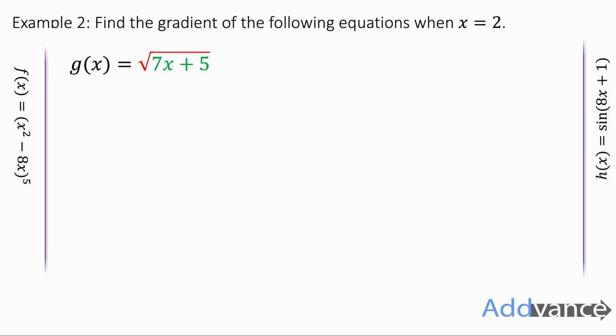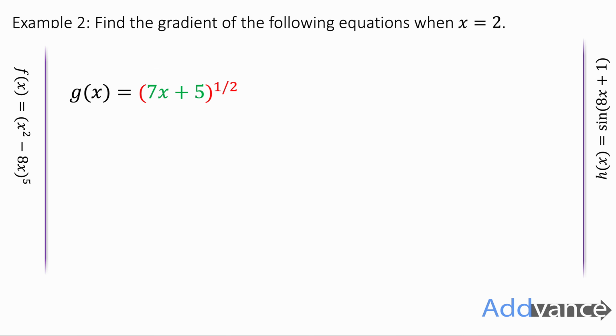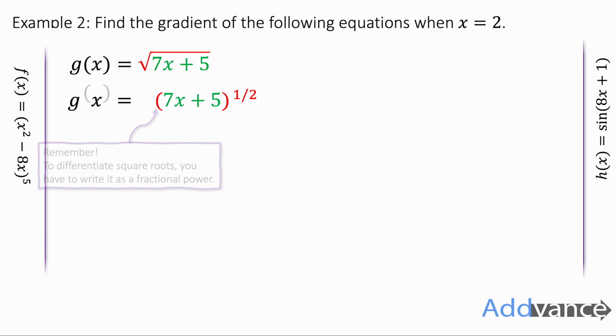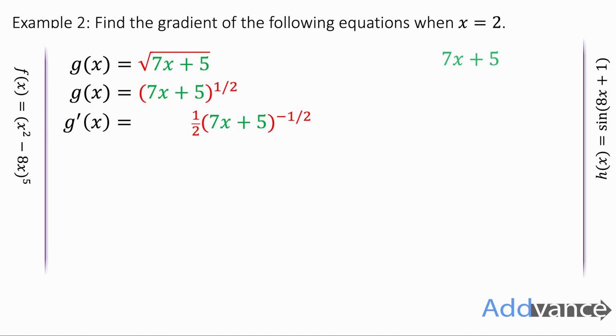Now let's look at example 2. We've got g of x equals the square root of 7x plus 5. And this is the same as g of x equals (7x plus 5) to the power of half. Remember, a square root is the same as the power of a half. And to differentiate, you must make it to a power first. We'll differentiate the g, that part,